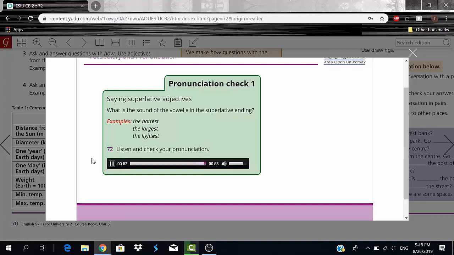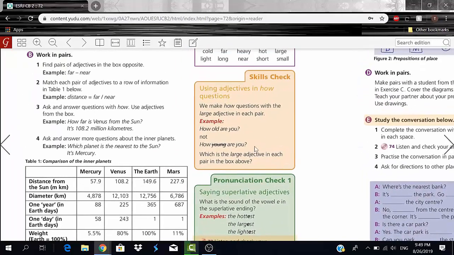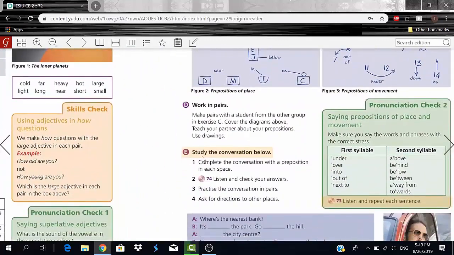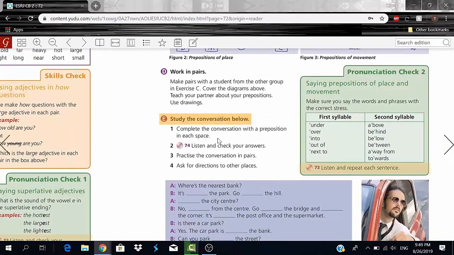Alright, so that's how you pronounce superlative adjectives in sentences. And yeah, that's about it. Let's now move to exercise E here. We're actually going to skip this one, okay? So we have study the conversation. Actually, before we do that, let me talk about this pronunciation check 2 here. Here we have saying prepositions of place and movement, okay? So prepositions specific to place and movement,